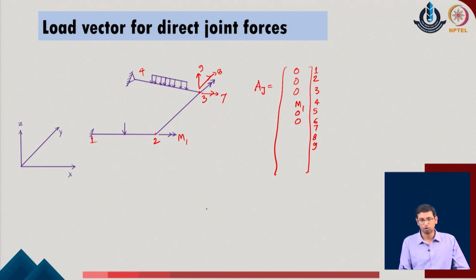For the node 3, along the 7 I do not have any moment, along the 8 I have a moment, say this is M2, and along the 9 I do not have any translational or vertical force in the given system. Similarly, when I go to the node 4, I do not have any forces there. So, I simply put corresponding to the 10, 11 and 12, the values as 0.